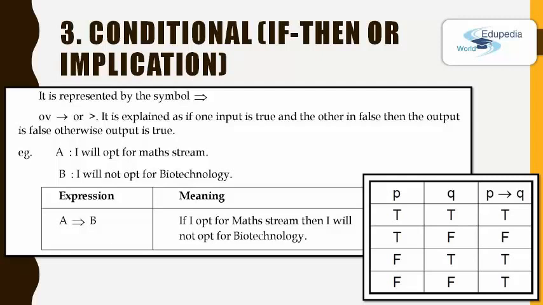For example, if I take the propositional variable A, it says I will opt for math stream, and the propositional variable B says I will not opt for biotechnology. The expression A arrow B, or else we can say A implies B, means if I opt for math stream, then I will not opt for biotechnology. Now this is something we didn't come across in Boolean logic, so remember the symbol, the arrow mark, and